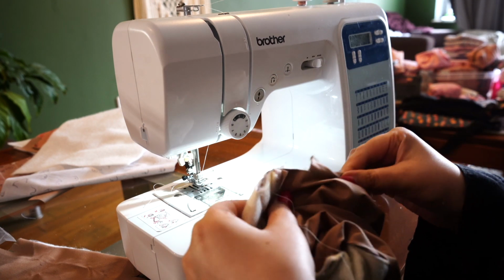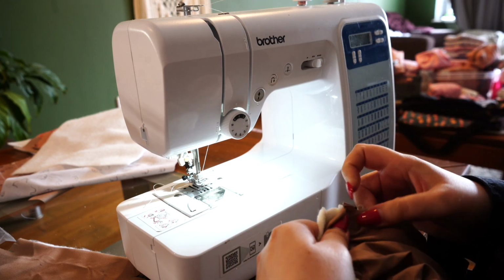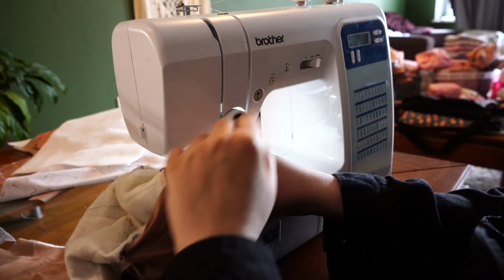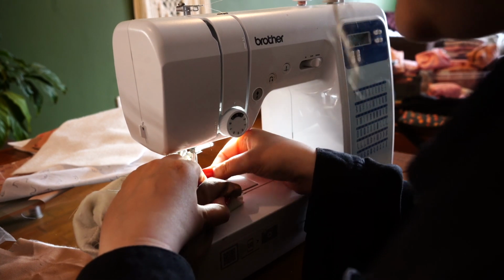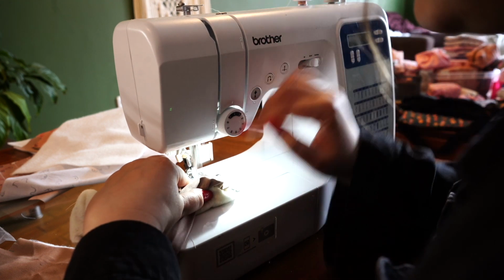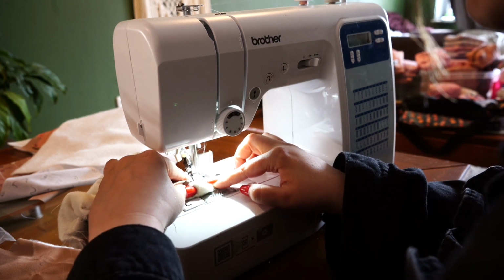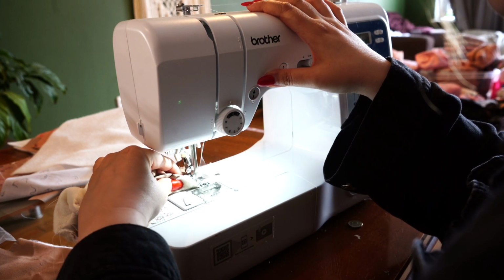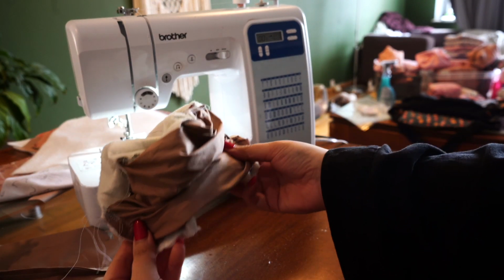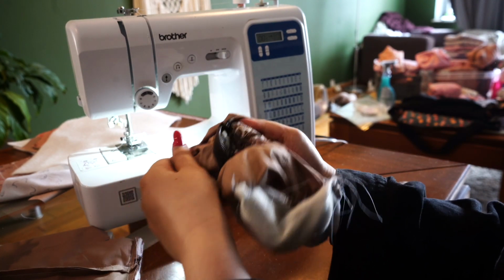okay, this is the last corner of the first quilted makeup bag, so let's just do it together and fingers crossed that it turns out okay. Let's just hope for the best. Oh god. This is what it looks like before. Look at it. And then we have a little hole. We're going to pull it out